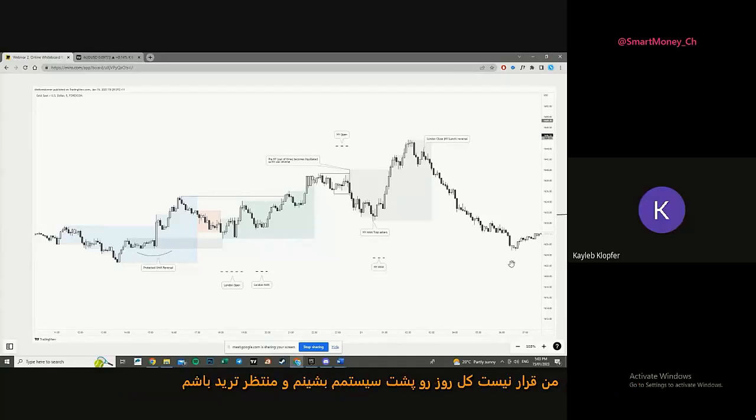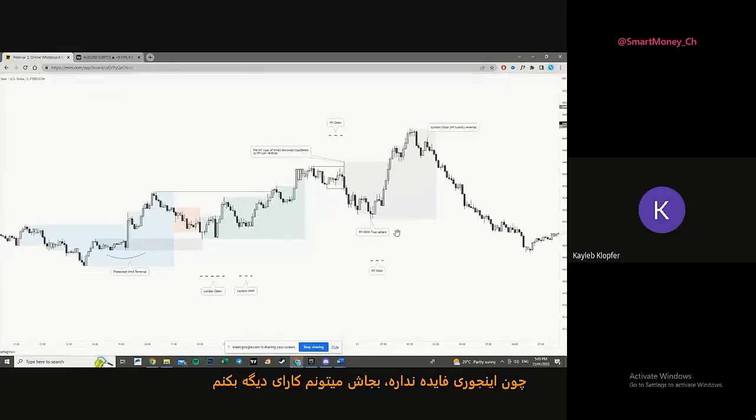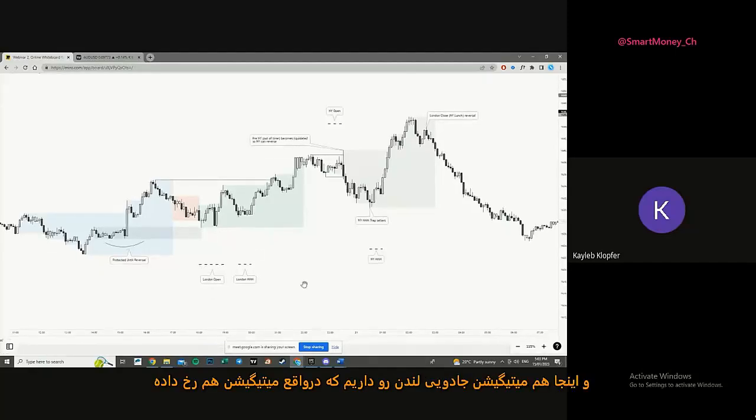I'm not going to sit on my computer and wait for a trade all day because that would be inefficient, okay? I could be doing other things. So essentially here, I'll look for a London Open trade if there's an opportunity, and there is a very nice opportunity, specifically here, 30 minutes after the open. Then we also have London Magic minute mitigations, which mitigate, like we went through, our London Open. This can happen an hour and a half or so to 2 hours after that open.